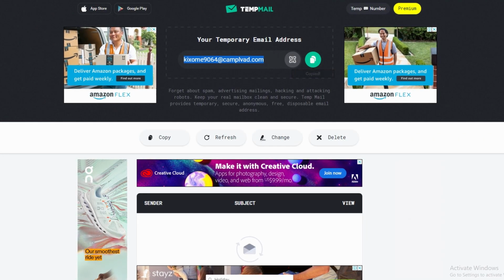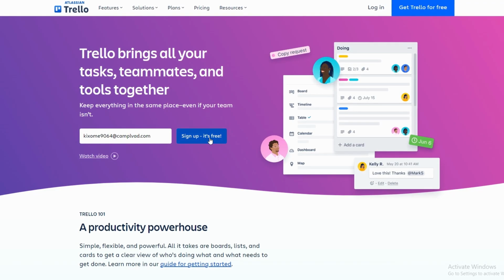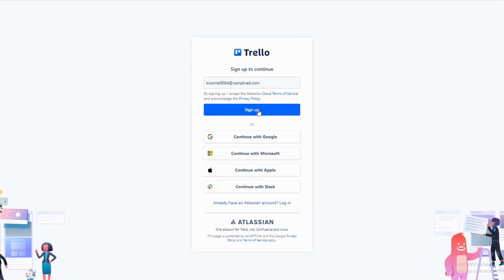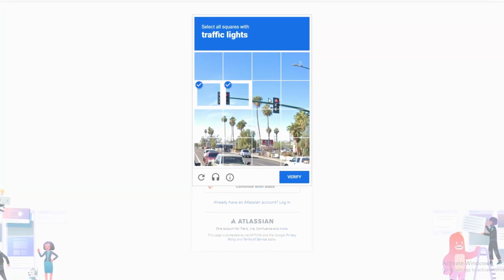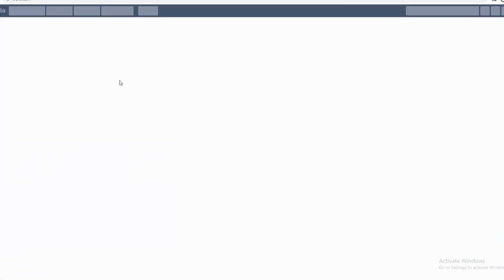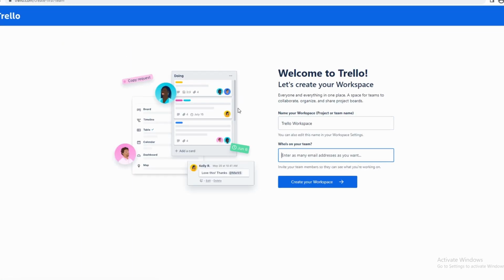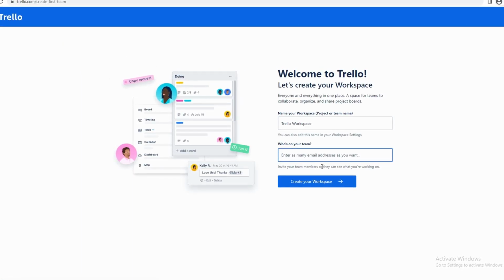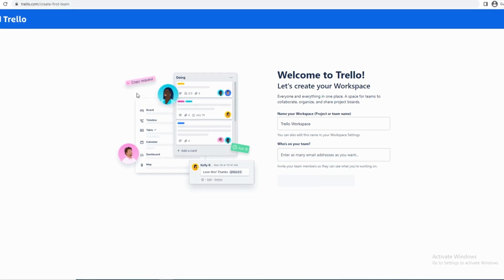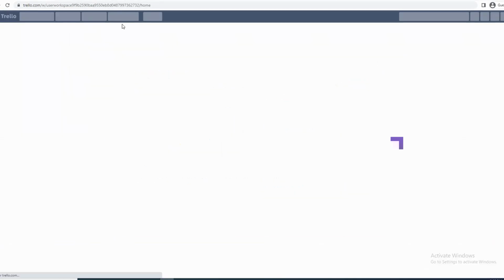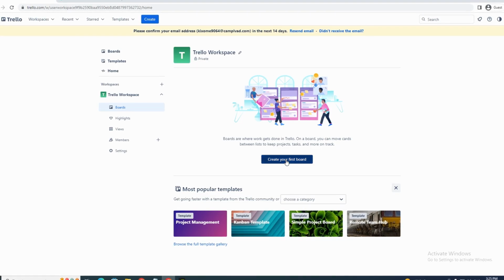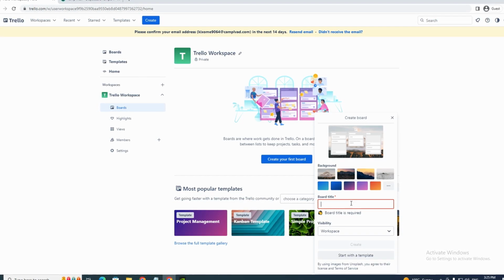So just go here, copy and sign up. Click sign up and do the verification and click sign up. Now create workspace, and there you go. Now you want to go to create your first board and just write a board